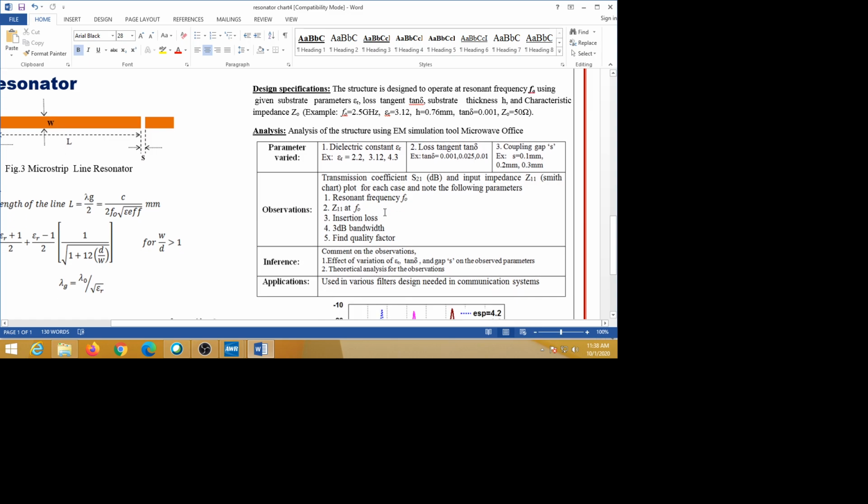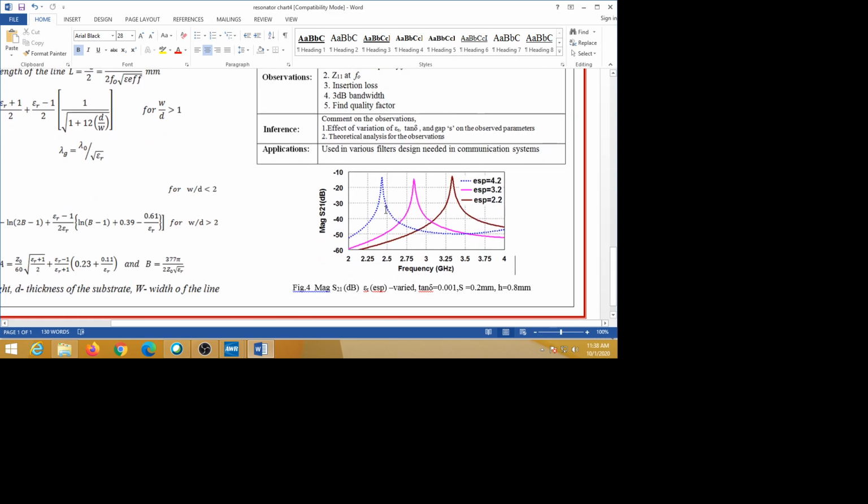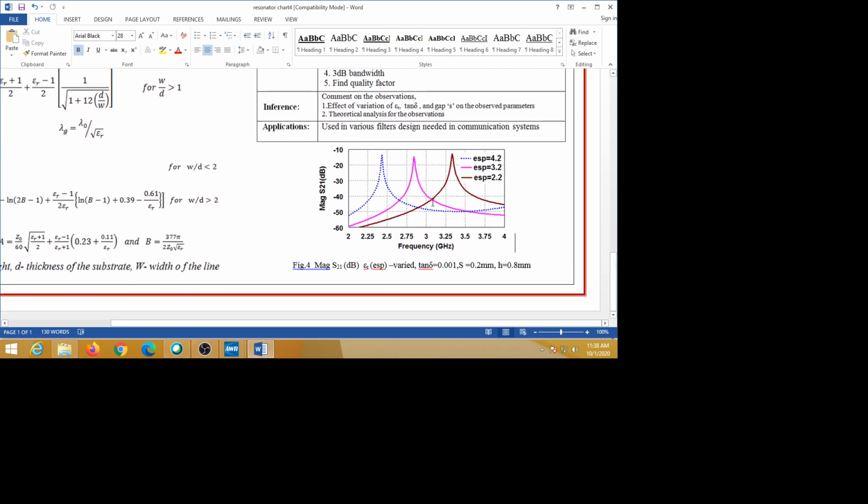Okay, now this is a plot, one example I have given here. This is by varying the value of epsilon. I have varied the permittivity. I kept 4.2, 3.2 and 2.2. When epsilon is 2.2, I got this plot. This is the plot here. So resonant frequency is some value here. Next I changed the permittivity to 3.2. So what happened here, the resonant frequency, now the peak is here, it has shifted to lower frequency. Previously it is near 3.3. Now it is shifted to 2.5 gigahertz like this.